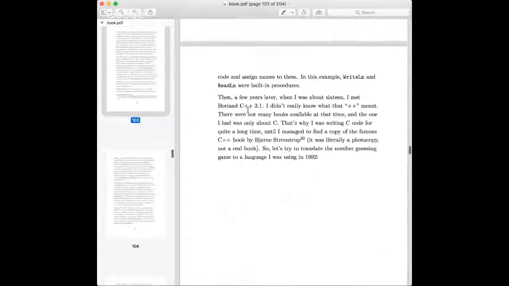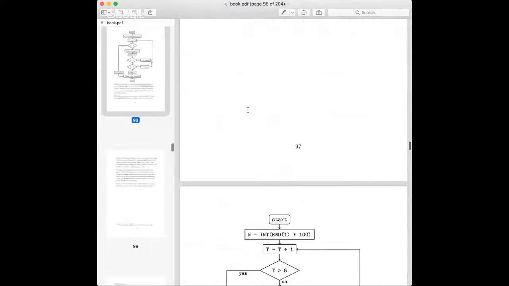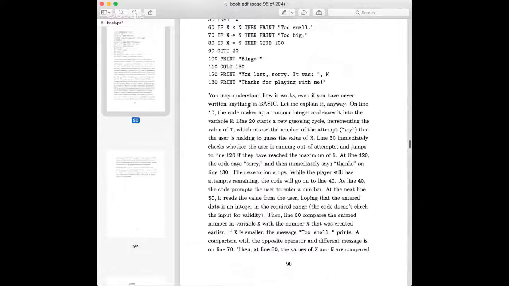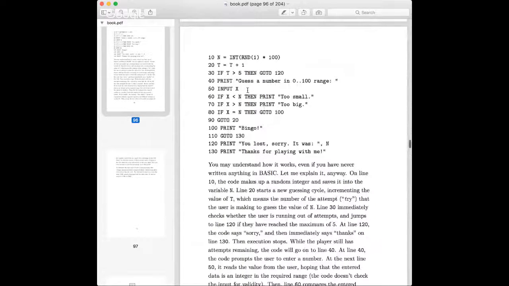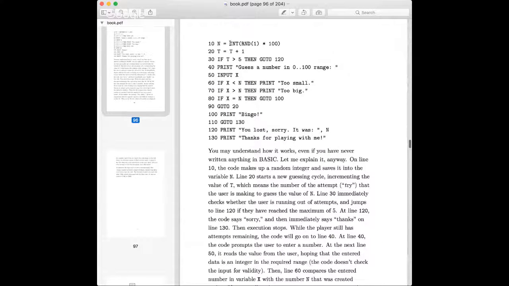of the procedural code. First of all, it's an algorithm. It's a quite simple algorithm, which is guessing a number. First of all, it's in BASIC, a language which probably all of us know, and this is a procedural code, a piece of BASIC language. It's a number guessing game. This is really like ugly code. It's not even structured because it has go-to statements and many go-to statements, and it has data. So N is data, T is data, X is data, and it's all data. So it's like 1, 2, 3 variables, 3 pieces of data, and code.